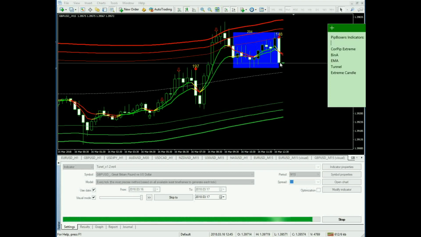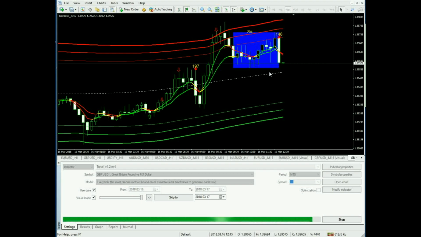So we see here that we have a tunnel, we have two EMAs that cross the lines. We have the extreme indicator showing us that this is actually a decisive candle, that the price wants to go down. So what happened is that in this situation, when we see that the tunnel is already drawn, you can place a pending order. I mean, I have a special software